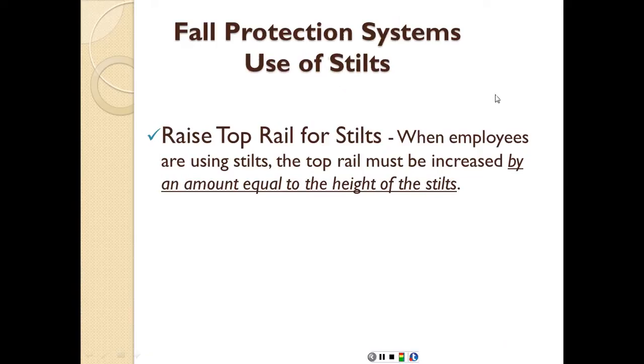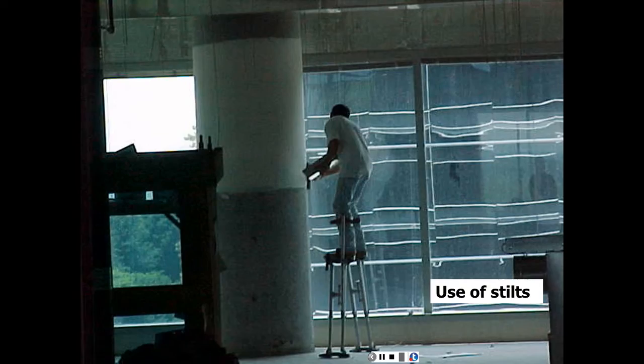Now, if you're going to be working on stilts, so for example glazers, the ones who are installing glass for windows and things like that, sometimes they use stilts to reach higher levels on the same floor. So if you're going to use stilts, then you have to raise the top rail to match the height of these stilts as well. So when employees are using stilts, the top rail must be increased by an amount equal to the height of the stilts. Here, for example,